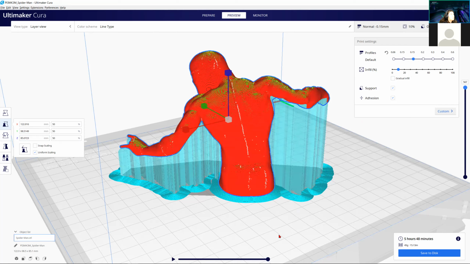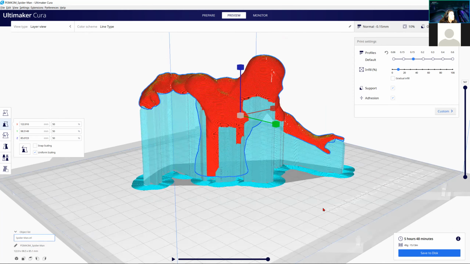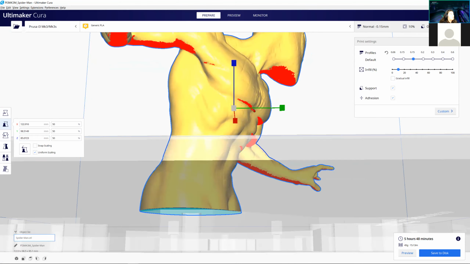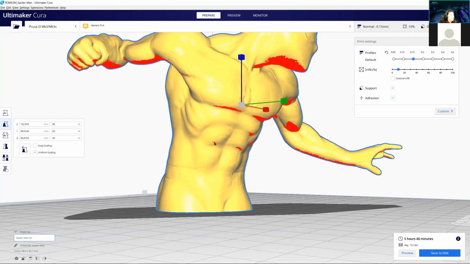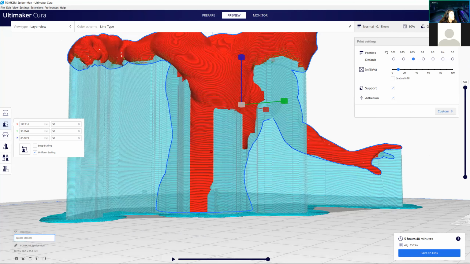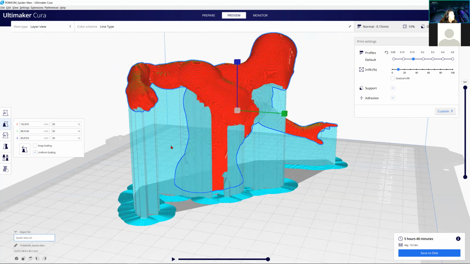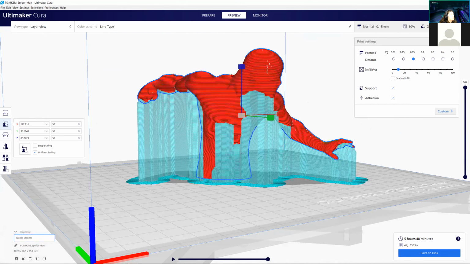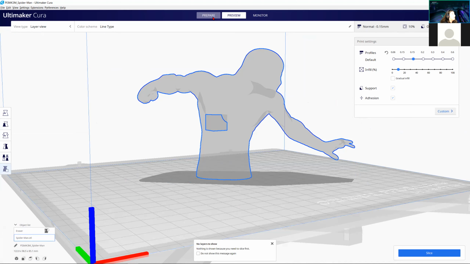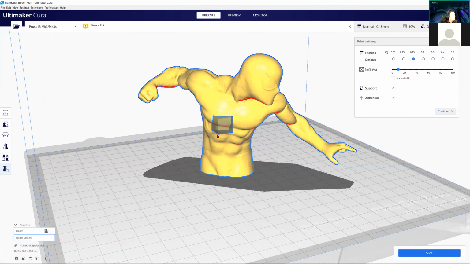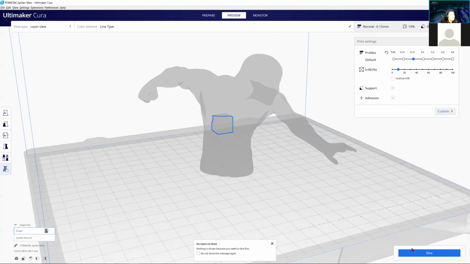And so let me do this. This is something that for the most part needs all of these supports, but maybe right here I wouldn't need it, because if I look at the prepare model, it's not too much out there. So it could still probably print that and still look okay. Or even right here, you can see there's the smallest bit of red, but I think in the preview it still has a little bit of support almost going to it. But let's say you have something like this and you don't want the supports here. If I go to this one, support blocker, I can put a support block right here. This would mean that when I do this modeling later, it won't do the supports there anymore. So if I reslice this,